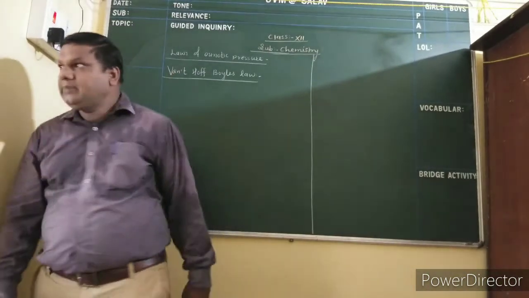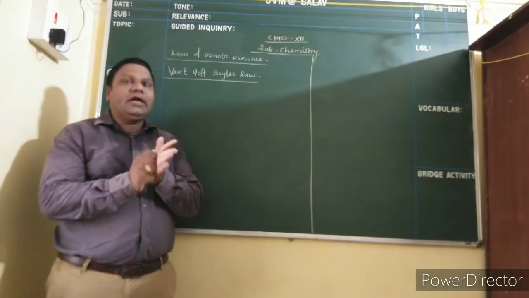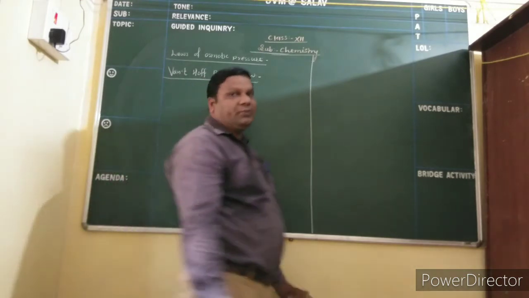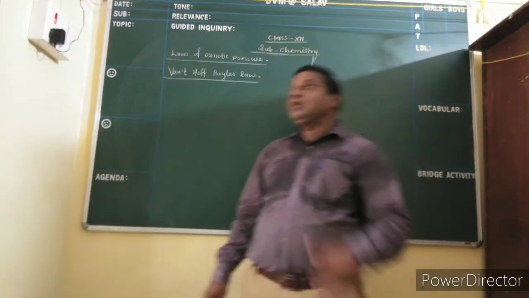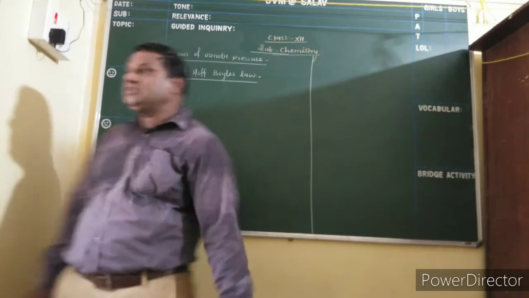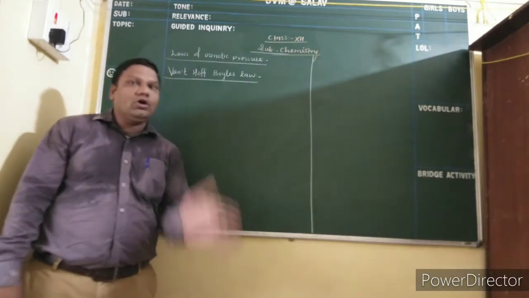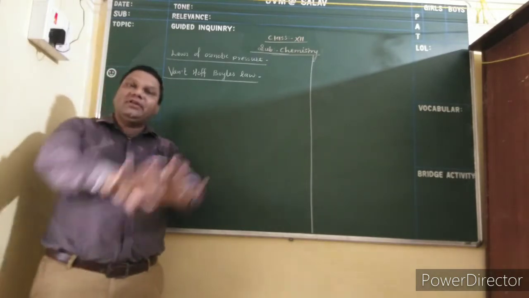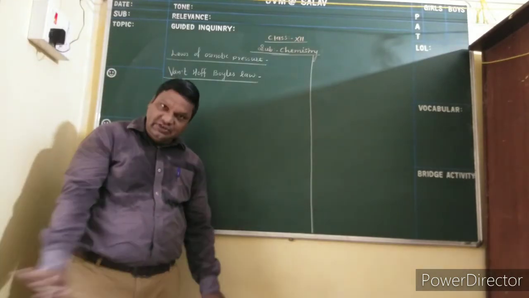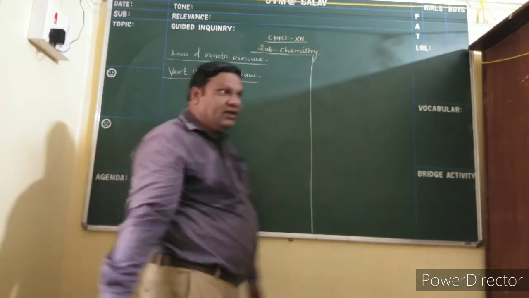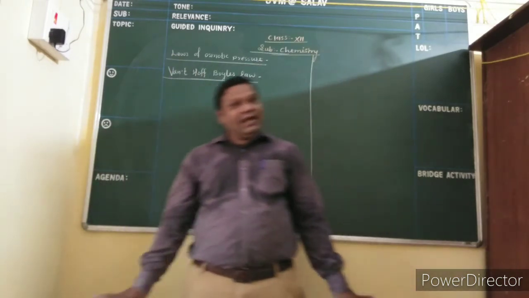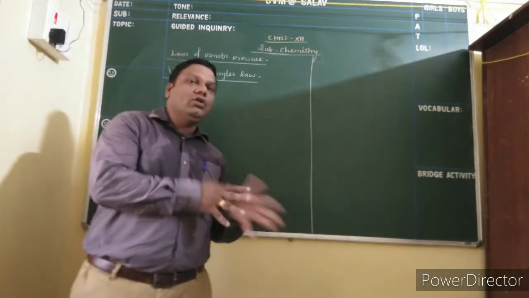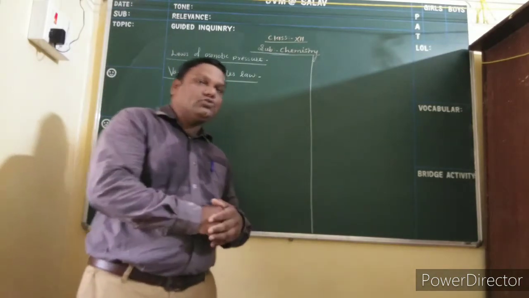Now, after the isotonic, hypotonic, and hypertonic solutions, we discuss the laws of osmotic pressure. In class 11, in the states of matter, we discussed Boyle's law, Charles' law, Gay-Lussac's law, Avogadro's law, and after that their ideal gas equation. You know the ideal gas equation, that is PV equals nRT. Understood? This equation is also helpful for the determination of osmotic pressure.